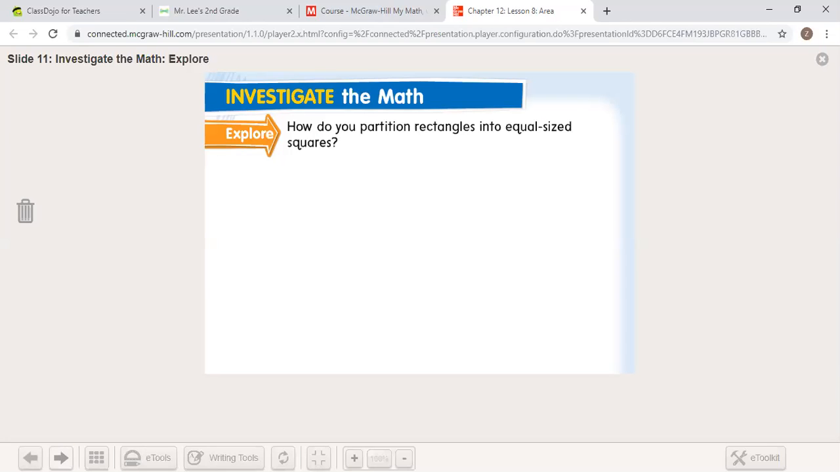All right, so now I'm looking at how do I partition rectangles into equal size squares. So if I were to draw a rectangle,